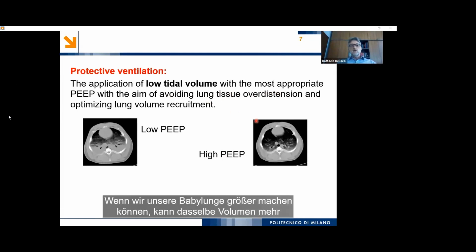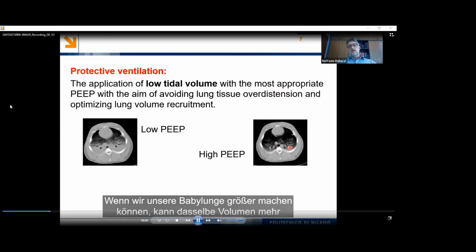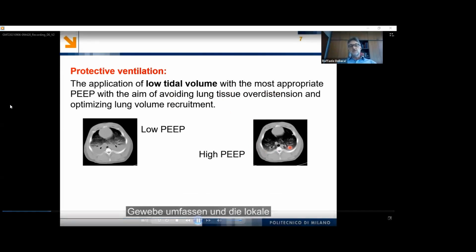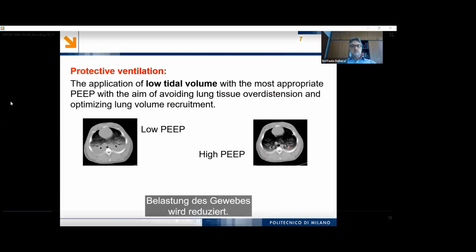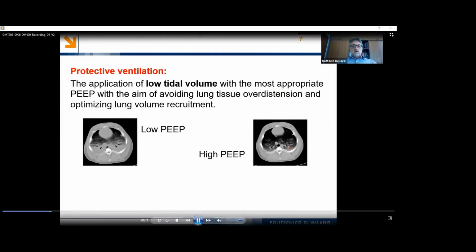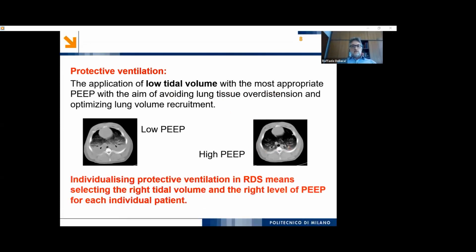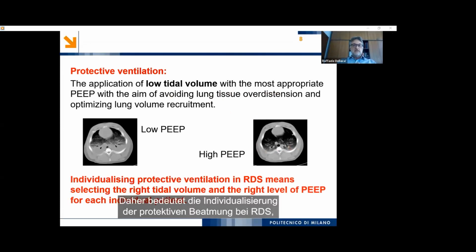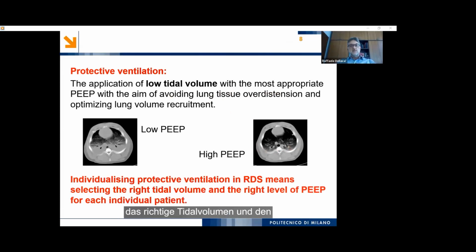If we can make our baby lung bigger, then the same volume can be accommodated on a larger amount of tissue and the local tissue stress will be reduced. Therefore, individualizing protective ventilation in RDS means selecting the right tidal volume and the right level of PEEP for each